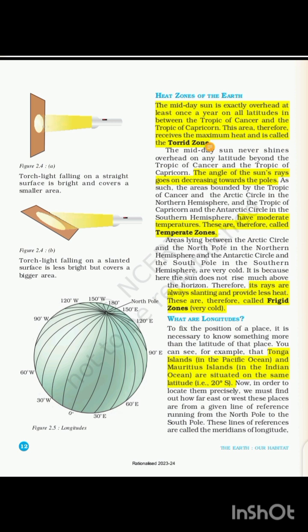This torrid zone covers a small area, and there are two conditions that occur within the torrid zone that make it torrid. Those are solstices and equinoxes. So you might be doubting what these words are, as they look different. Let me explain. Solstices, so in the picture you can see that